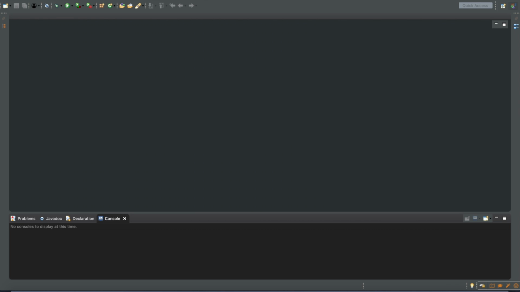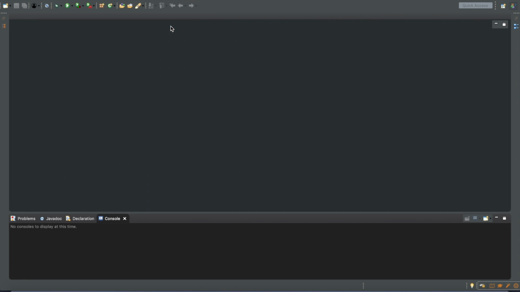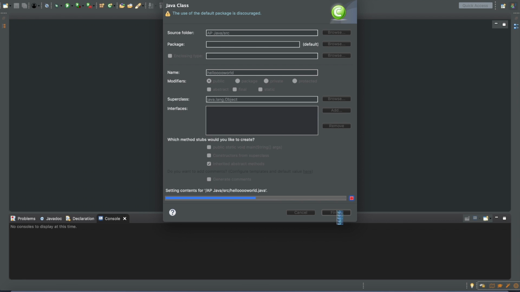From here, you want to click on File, New, and under New you want to click on New Class. It's very important: New Class. Then this window pops up, and go to Name and type in anything you want. I'm going to put in hello world. I know I didn't spell that correctly, but it doesn't matter. After you put in your name, all you have to do is click Finish. Nothing else. Once it loads,